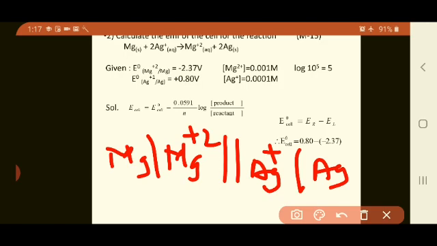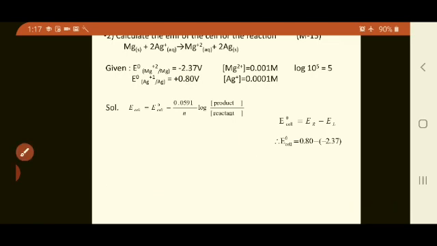So oxidation always takes place at the anode, and the anode we write on the left hand side. So first represent the cell, so you will come to know which is the left hand side electrode and which is the right hand side electrode. So according to that, which is the right hand side electrode? Ag+, that is the E naught value of Ag we have to take first, and then the left hand side is Mg, that is the magnesium electrode, and hence we have to use these values to calculate